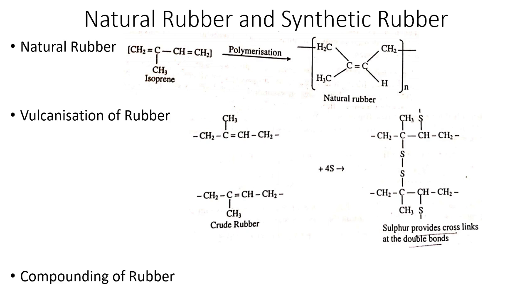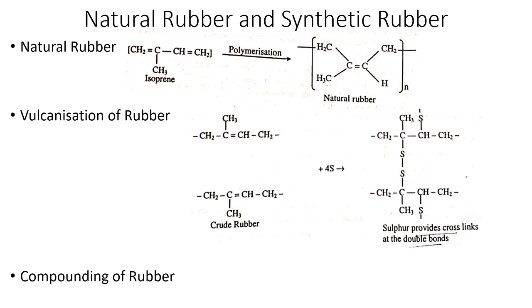Okay, then compounding of rubber by various things. Vulcanization is done after shaping of the article. In this process raw rubber is compounded with sulfur, accelerator, antioxidant and fillers. When all these are mixed thoroughly, we get a sticky plastic mass known as rubber stock. It is then converted into sheets, tubes or other articles of required shape.